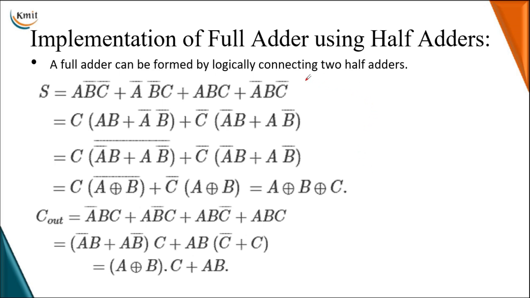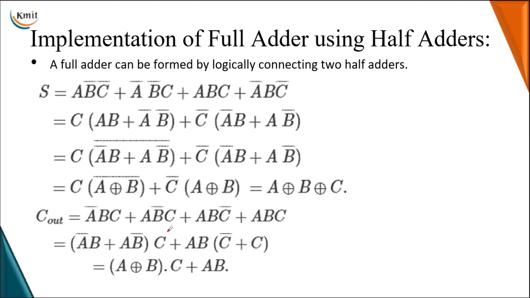Next, implementation of the full adder using half adders. We can implement the full adder using two half adder circuits. Now let me rewrite the expression of the output. By taking C as common, AB or A bar B bar, I can write the summation as A exclusive OR of B exclusive OR of C, and Cout is equal to